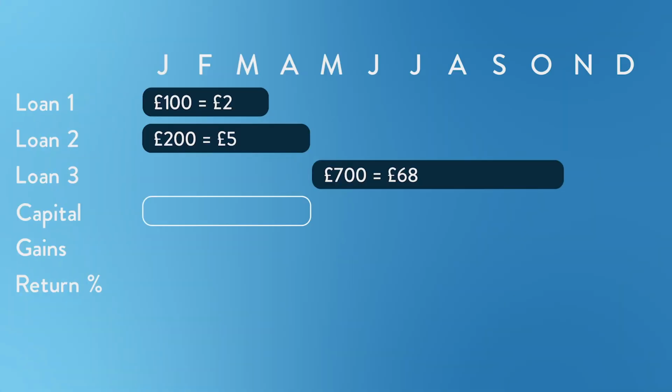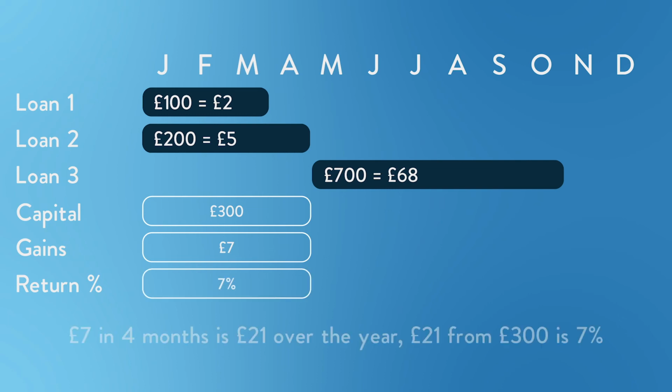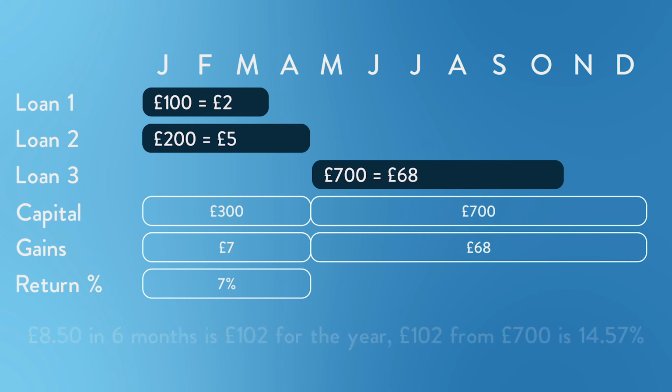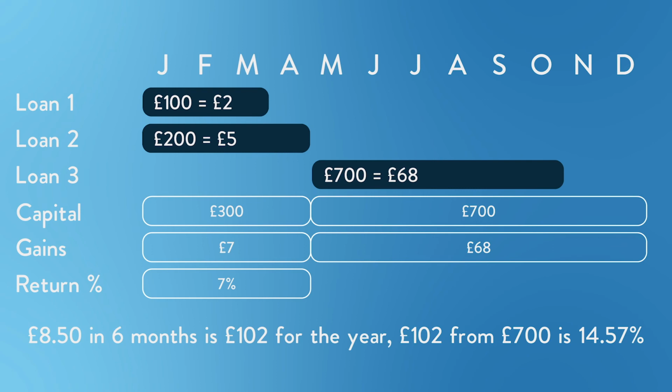The first period is January to April, in which time we had £300 capital employed for £7 gains. This is an annualized net return of 7%. £7 in 4 months, which is £21 over the year. £21 from £300 is 7%. The second period is May to December, in which time we have £700 invested and £68 gains. £68 over 8 months is an average of £8.50 per month, which is £102 for the 12 months in the year. £102 from 700 is